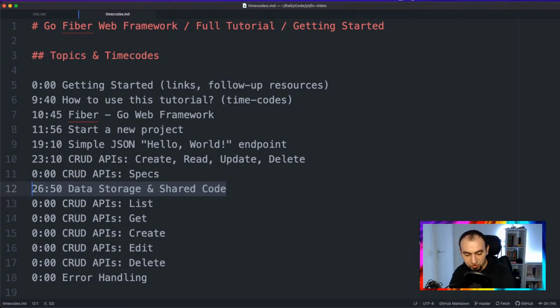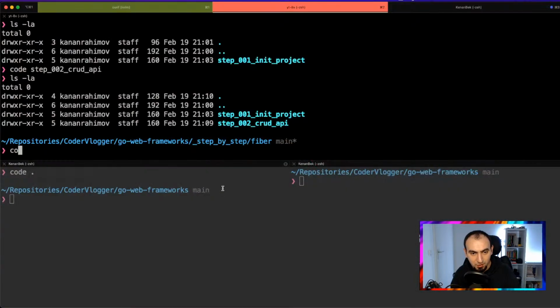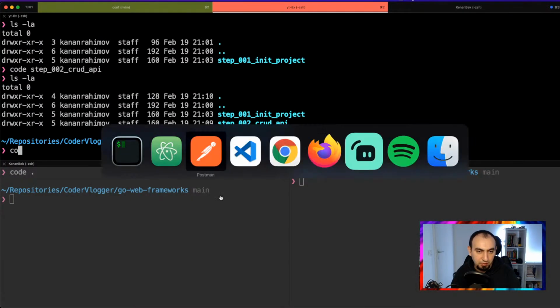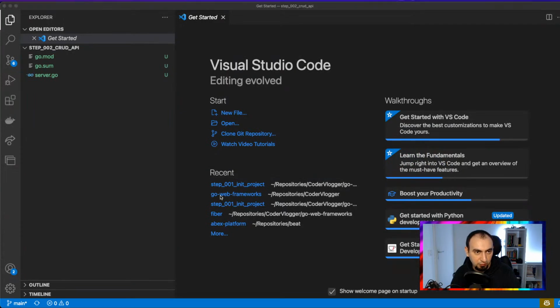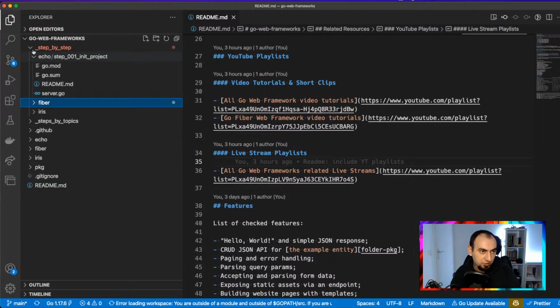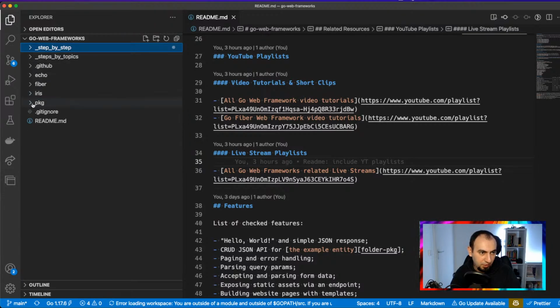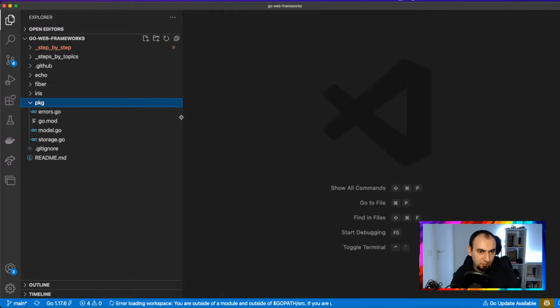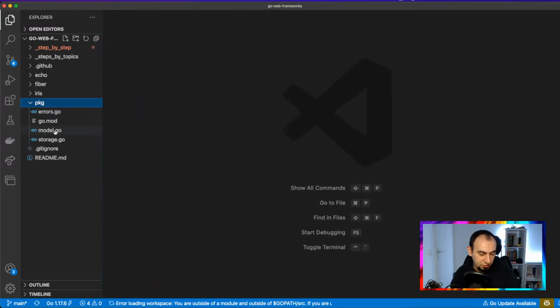And what I mean by shared code: since we will have multiple frameworks and multiple steps, I don't want to repeat the part which is responsible for storage. That's why let me show this. In the root directory of the repository, we have this package folder, and in this package folder we have another Go application, another Go module